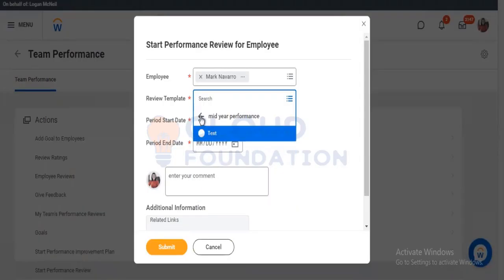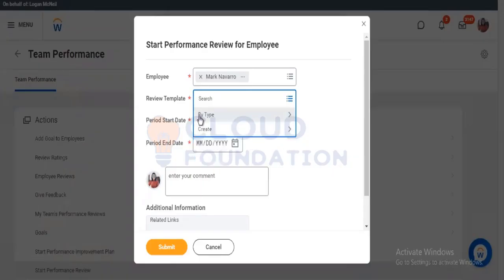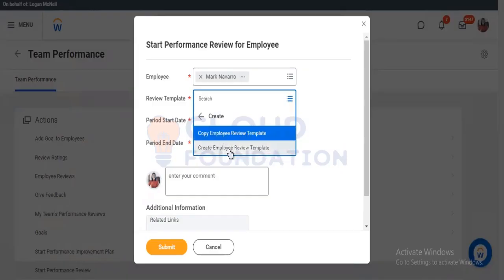So here we are defining, for example, an option of media performance review, annual performance review. We can create this review template as well. If there is any additional one that we want, or if you want to create any other review template from the existing ones, we can create it from here. We have an option of create employee